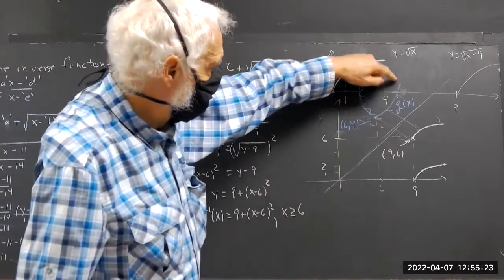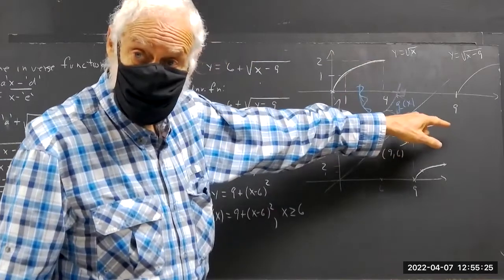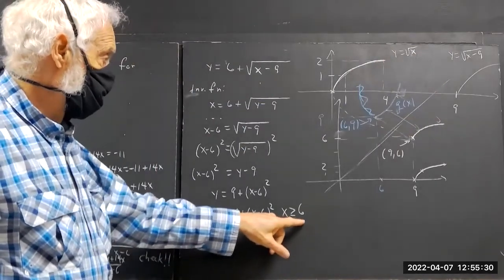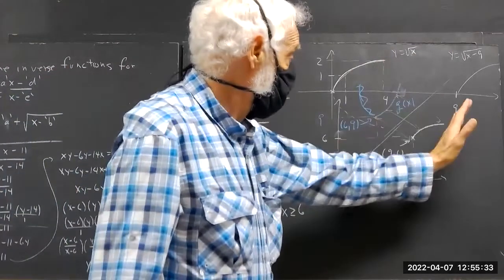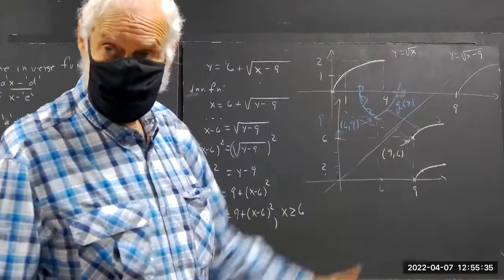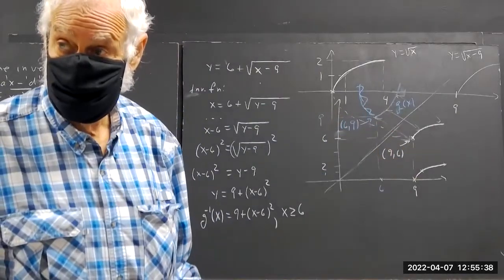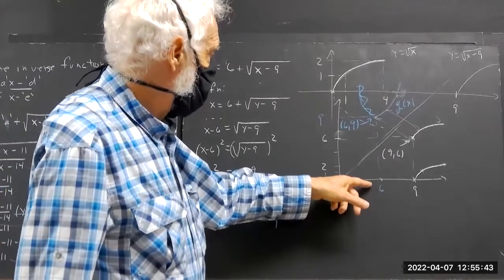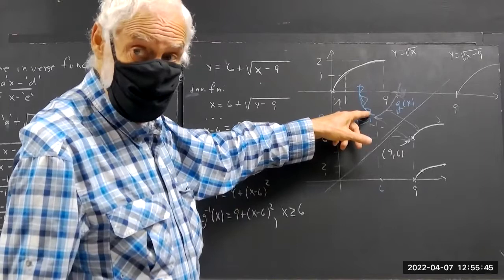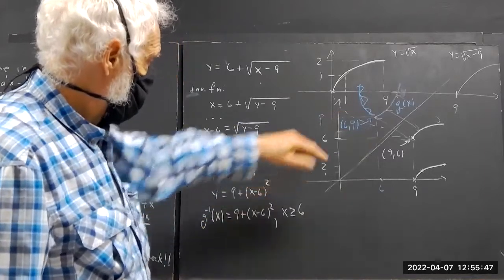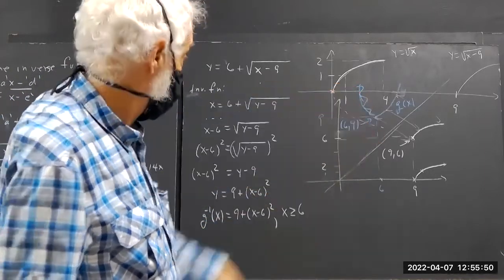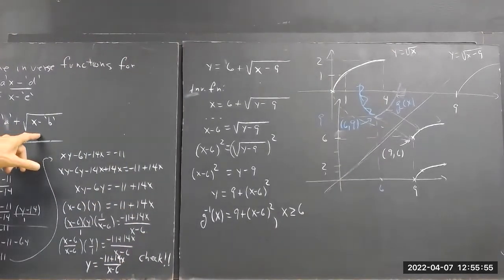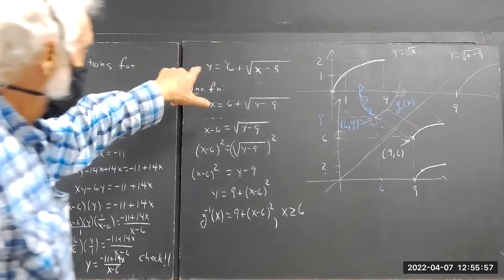The part of the g of x graph that corresponds to this curve or reflection is only the part for x greater than or equal to 6, the part on this side. The part on this side isn't part of the function. Okay. If you, for example, took the point 5, 10, which is on this graph, the point 10, 5 would not be on the graph of